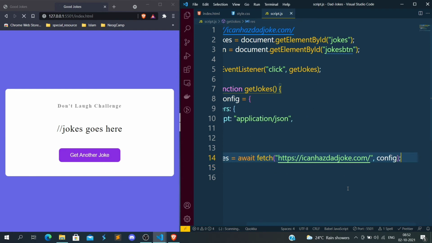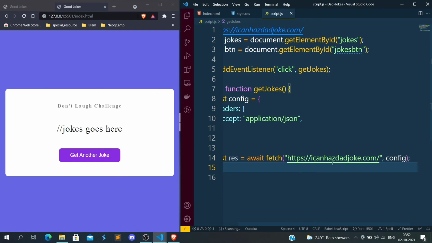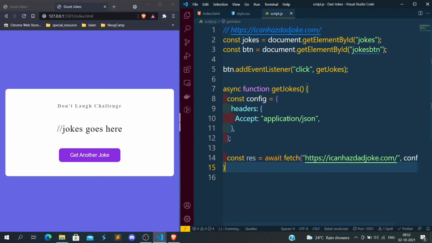So what we are doing here, we are calling this API. This fetch method is basically used to call the API. Inside the fetch method, we are defining the URL from which we want to take the response. And the second argument we are passing is the config, the type of response that we want. In the config headers we are defining that we are going to accept JSON format. We want the response in JSON format.